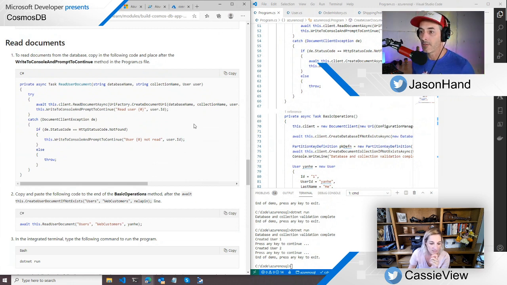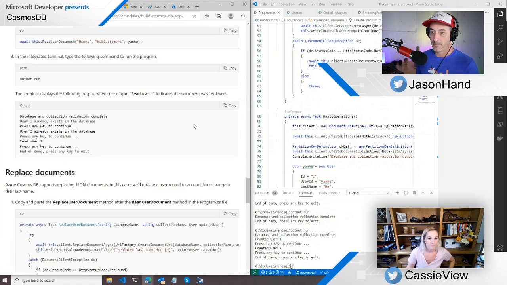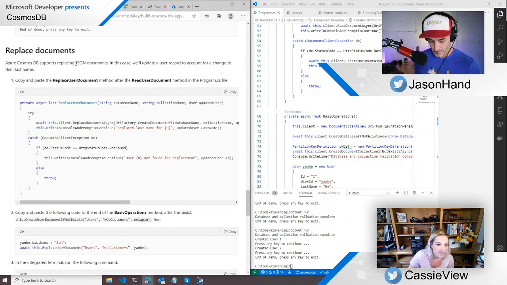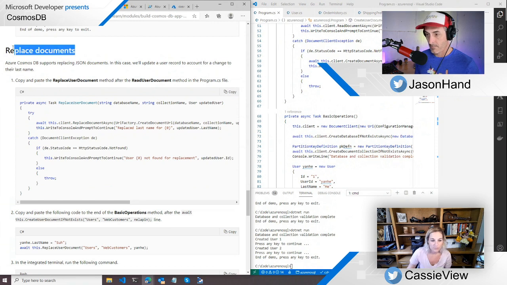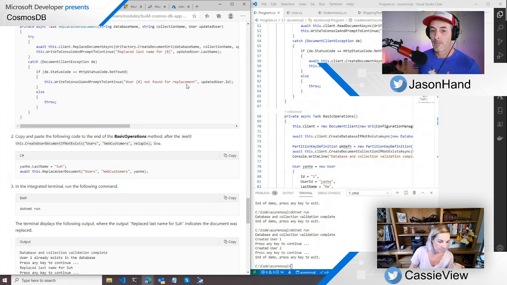Let's see. Yes. Yeah. So the replace, which was confusing to me because I thought it would be replacing the full record. But from my understanding, when I was looking at this earlier, replace would be, because now you have the update whole document.